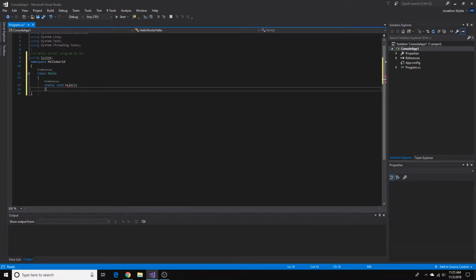Press enter, then enter again and press tab. We're going to type Console.WriteLine, parentheses, Hello World in quotation marks, and then a semicolon. And then press enter two times and two times, and then right there we're going to type